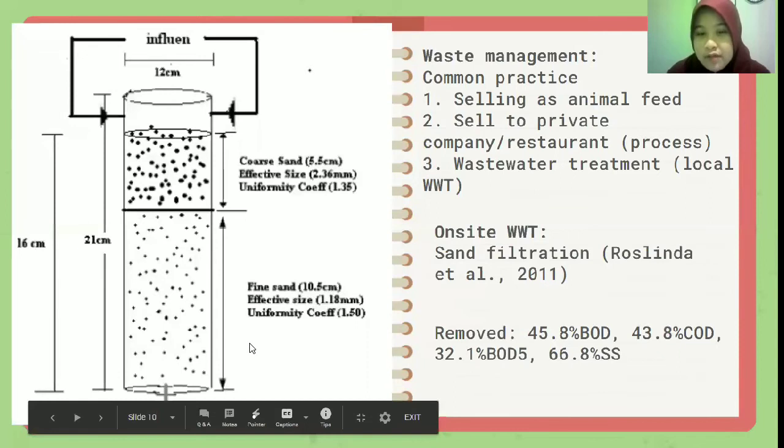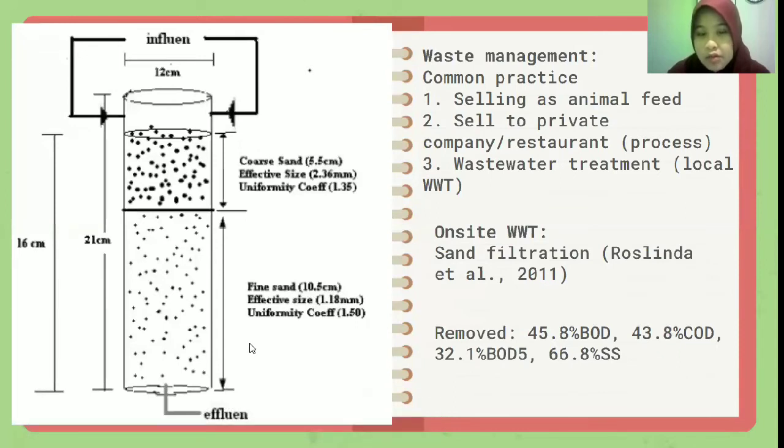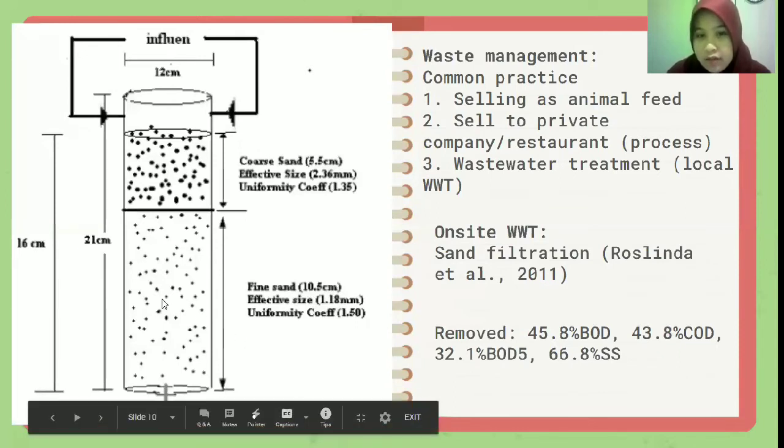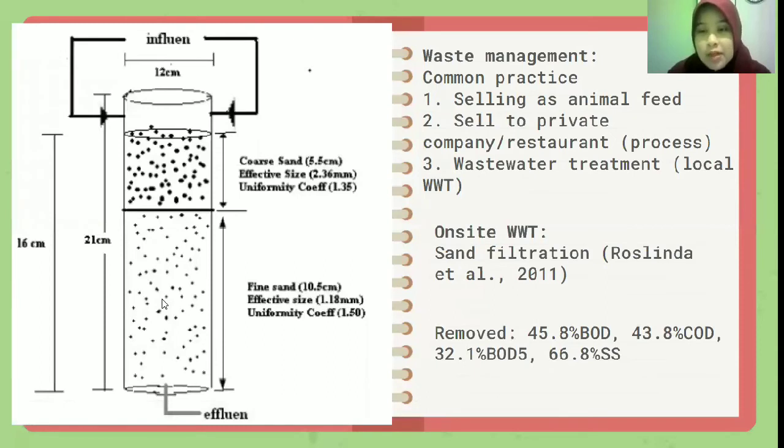They will be using sand filtration, which is a two-layer sand filtration. The first layer is the coarse sand. The second layer is fine sand. So the influent will flow from the upper layer and become effluent in the lower layer. During this process, they have reported that this sand filter has managed to remove